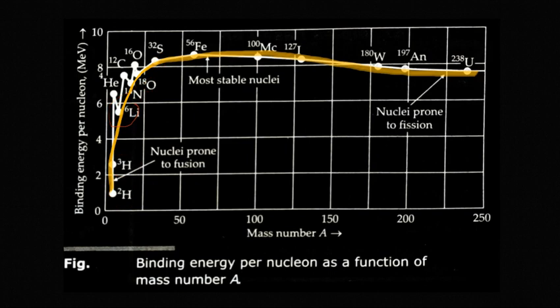Lithium is more stable than tritium and deuterium. Similarly, nitrogen is more stable, oxygen is more stable, strontium, iron, and so on. So up till this iron, what you see is the mass number increases, the nucleus gets heavier, and it becomes stable. So this element, can you see? This is the most stable nuclei. Now, if you further increase the mass number, what you notice is that slowly, the binding energy per nucleon also starts to decrease. Can you see?